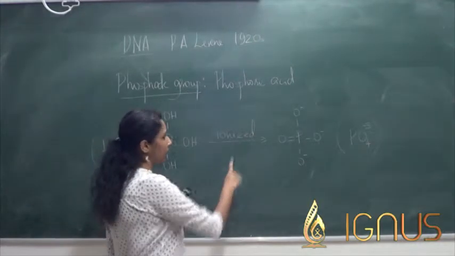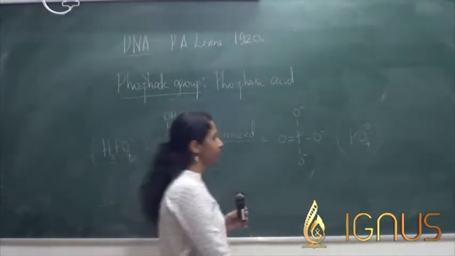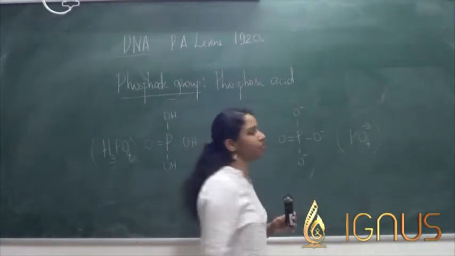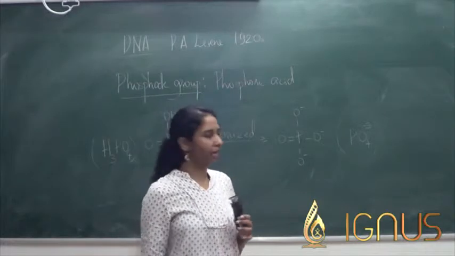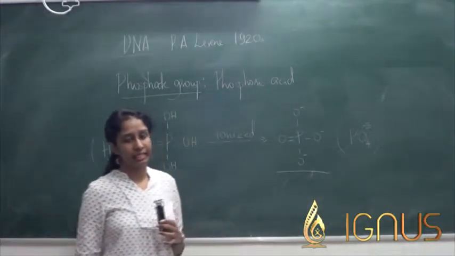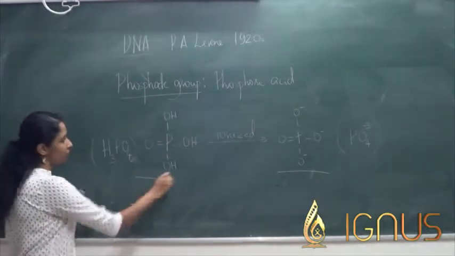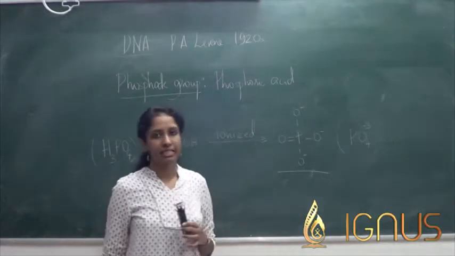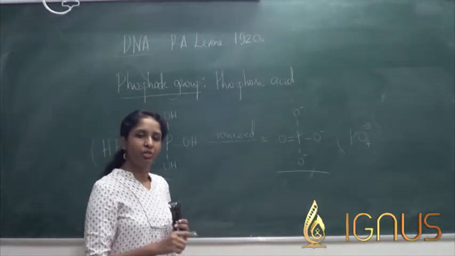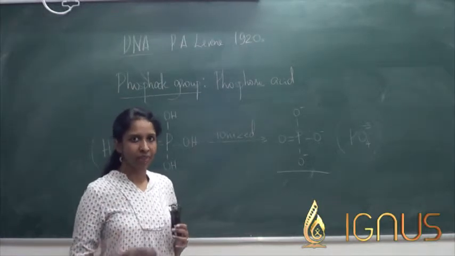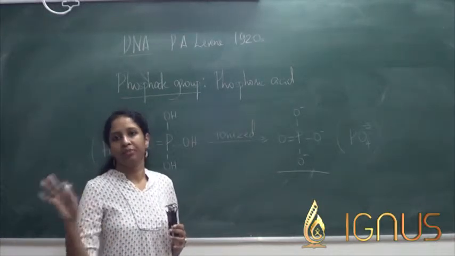But once it gets ionized, it's going to lose all of its hydroxyl groups. It's going to have the formula PO4 3-. Now this is the molecule that is found in DNA and not the non-ionized form. So it's the ionized form that is found in the DNA, and this is the phosphate group. The sugar molecule and the phosphate group together form the backbone of the DNA, and the nucleobases form the ladder